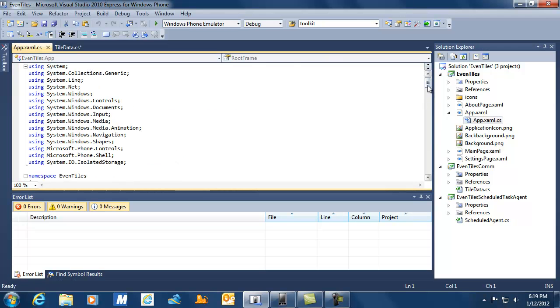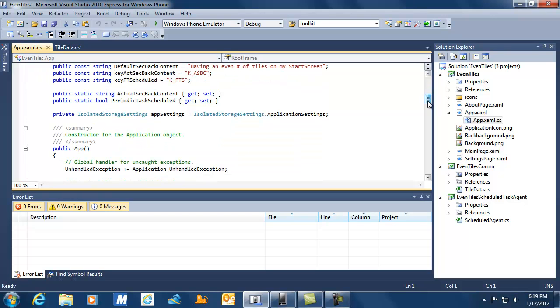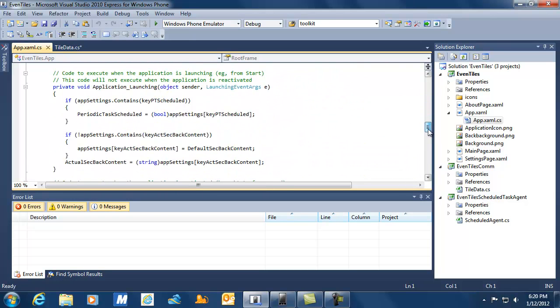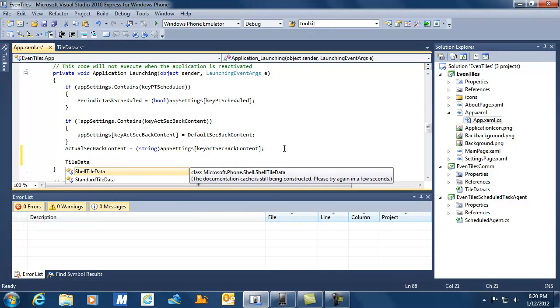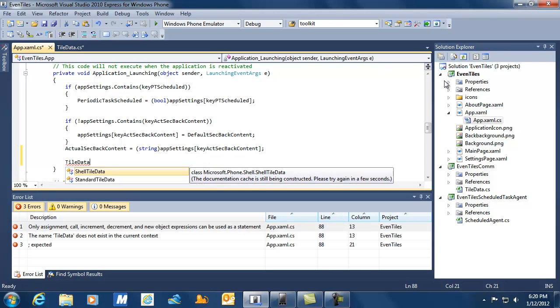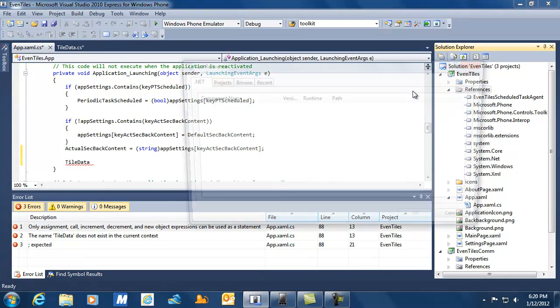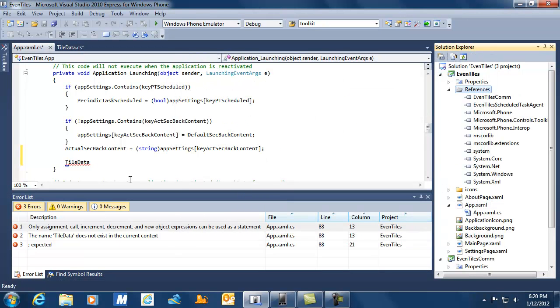So instead we're going to take a look at how to use that EvenTiles.com functionality inside our application and inside our background worker. First, in the app.xaml.cs file, whenever we are launching the application, I'm going to make sure to initialize the two instance variables inside our tile data class properly, by setting those properties. And in order to do that, I need to add a reference to our newly added project